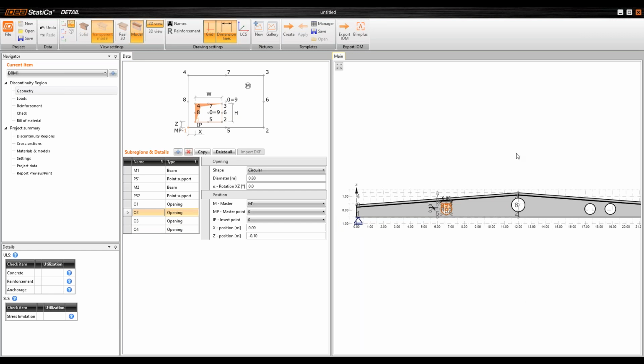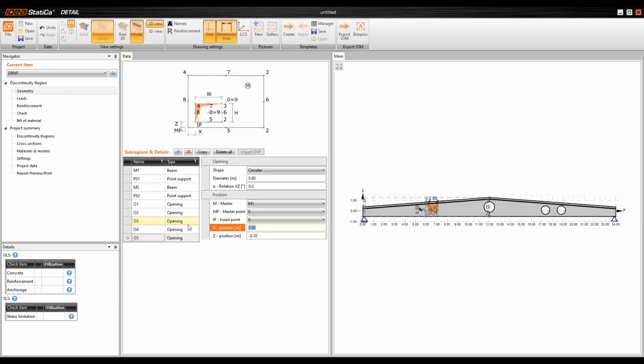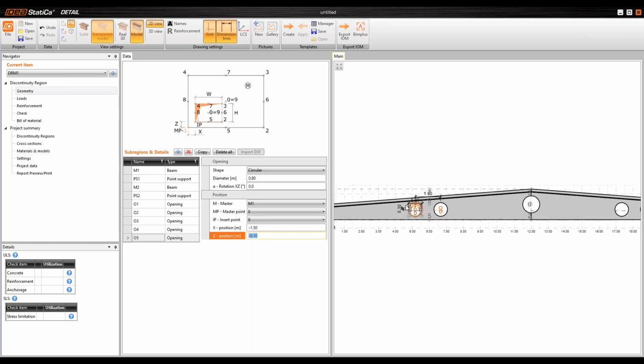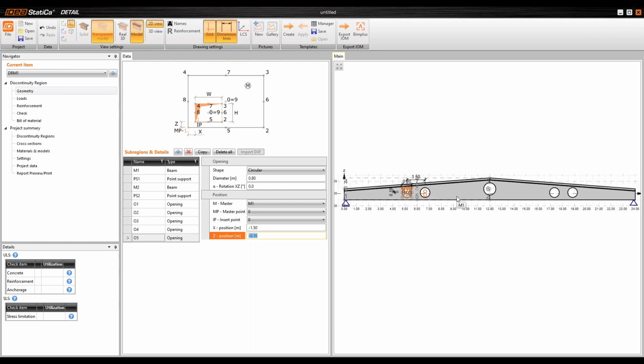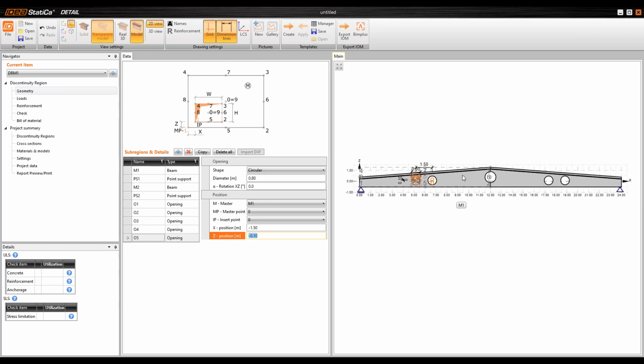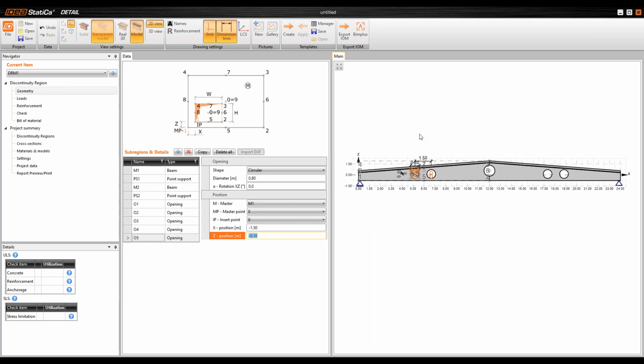It's symmetrical beam with symmetrical openings. So copy the opening number 2 and shift it about 1.5 meters to the left. So you can see it was very quick design of the geometry,